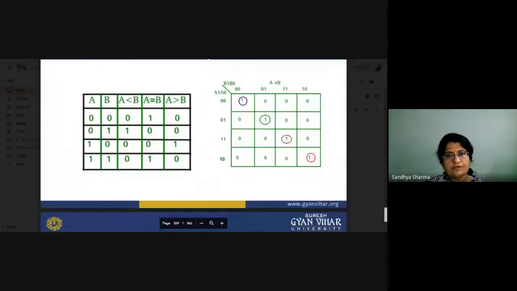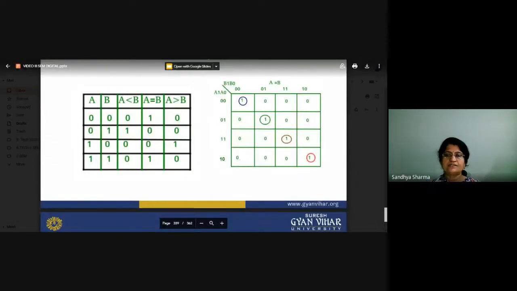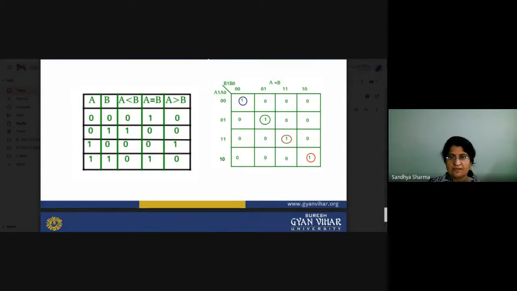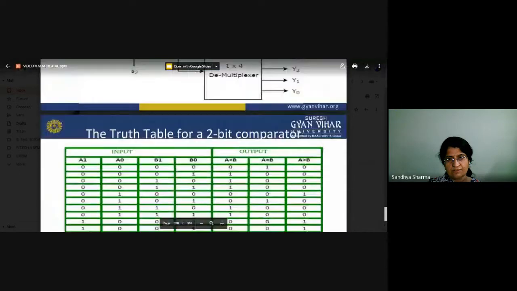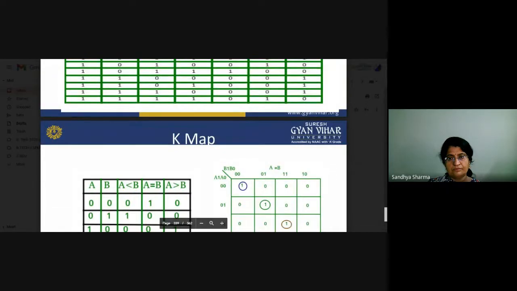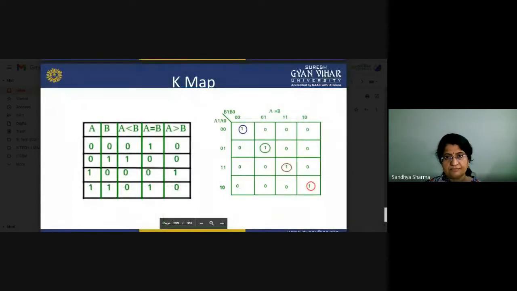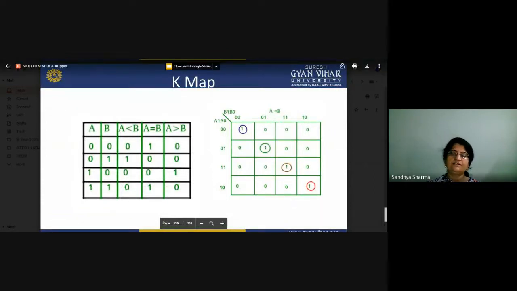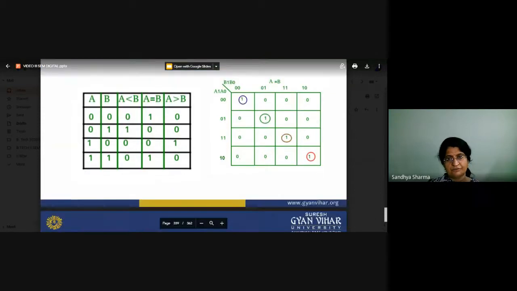By using A0, A1, B0, B1, you can make a K-map for it. So there is B1, B0 here and A1, A0 there. You have to fill in your inputs according to the K-map and then write the basic equation.